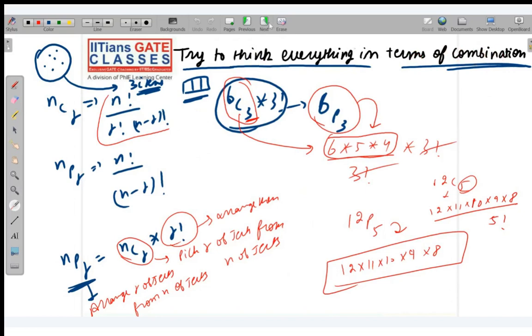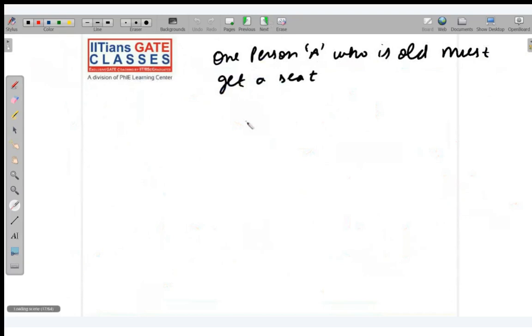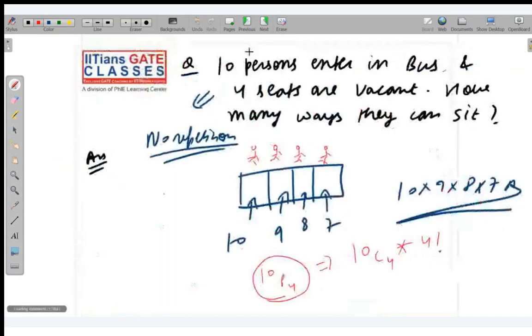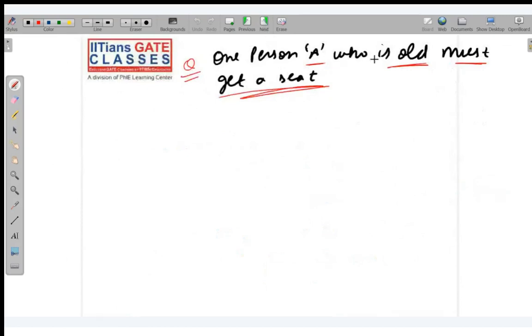I'm jumping now. See, this type of question will come in the GATE exam. One person A, who is old, must get a seat. So I have applied a constraint. 10 persons enter a bus, 4 seats are vacant. How many ways can they sit, such that one person A who is old must get a seat? Directly, what you want to say is that one person A is already selected. So out of 10, one person is already selected. So now you want to select only 3 persons. From how many persons? Obviously